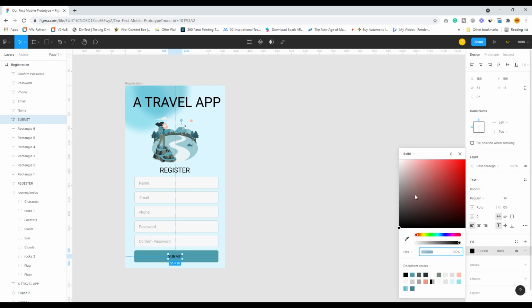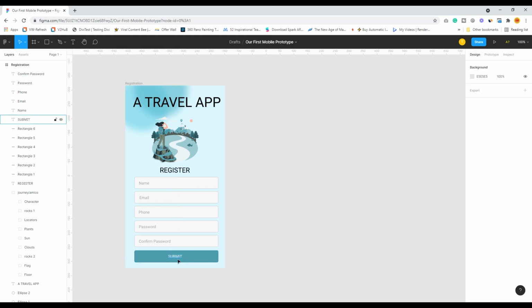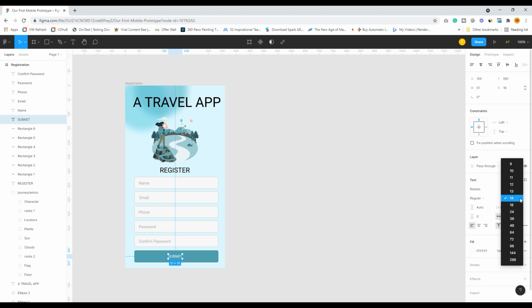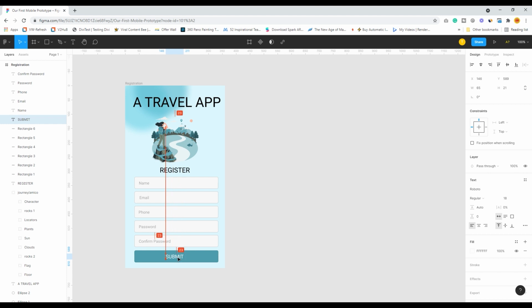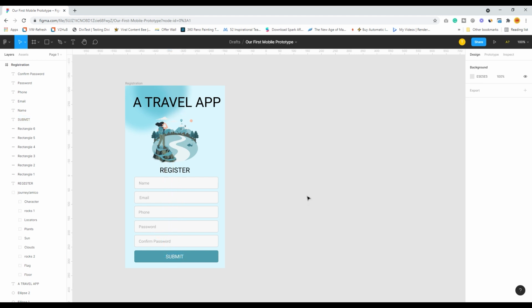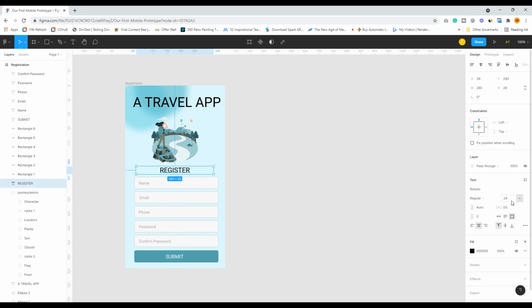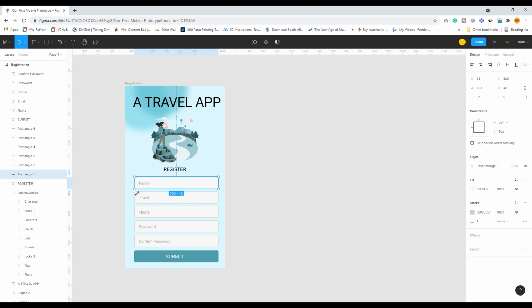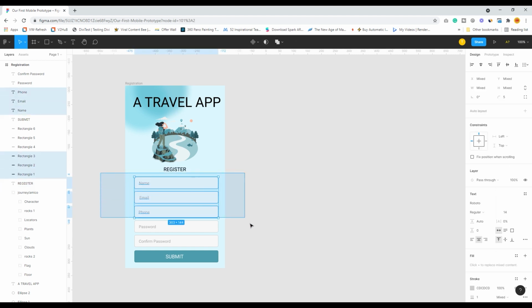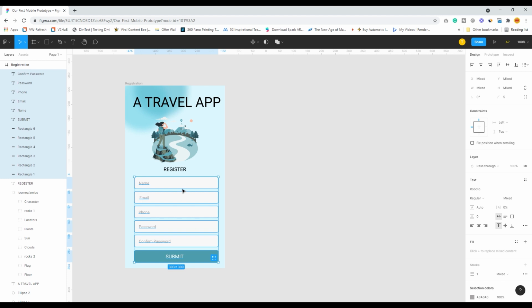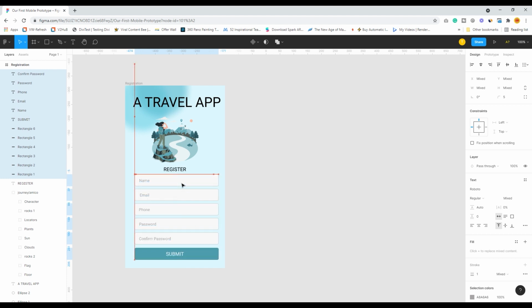And obviously this will be white in color, and maybe this one I will take it to 18, so that's it. I don't require any other different types of text. Lovely.